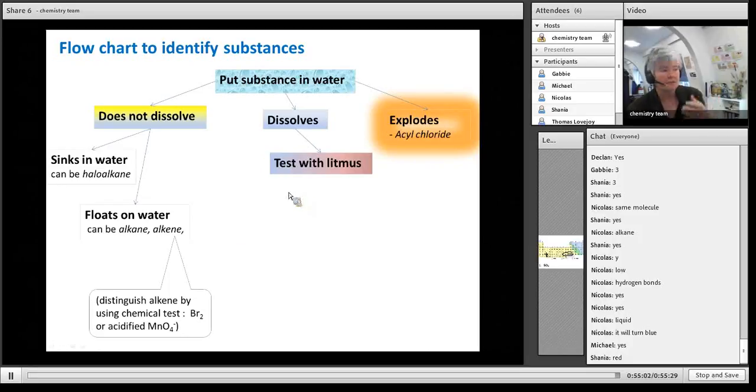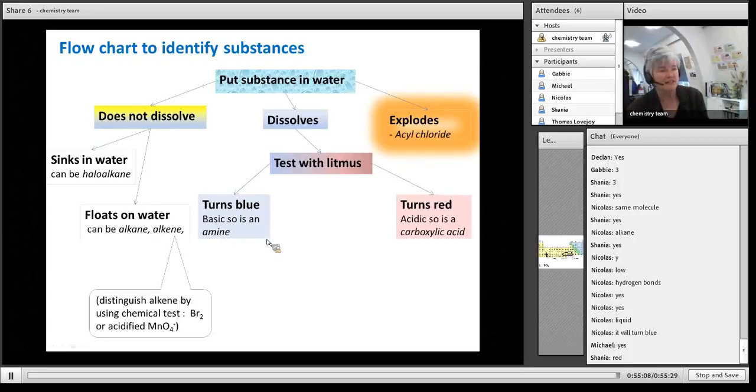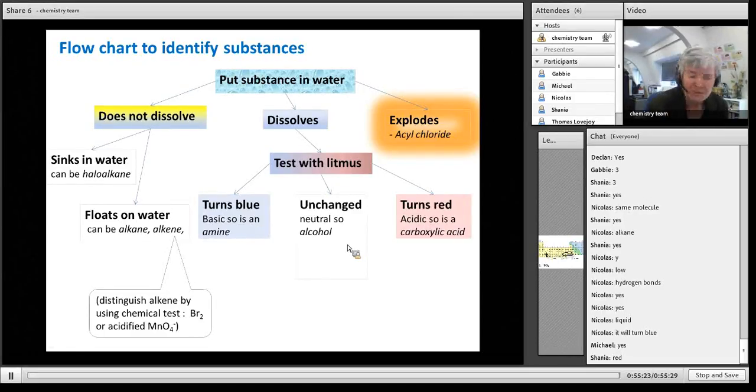So if the blue litmus stayed blue and the red litmus turned blue, then you've got an amine, because it's basic. If the red litmus stayed red and the blue litmus turned red, you've got a carboxylic acid. So the last one you've got as a possibility is the alcohol, because that'll be neutral. Okay, so that's pretty much all of 205.1, where we look at naming of compounds,